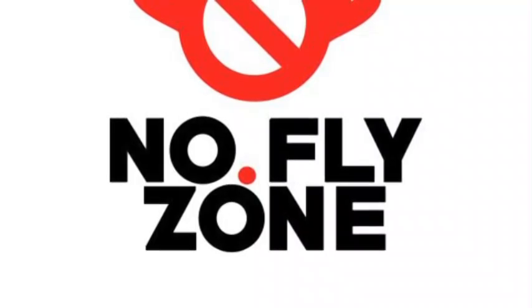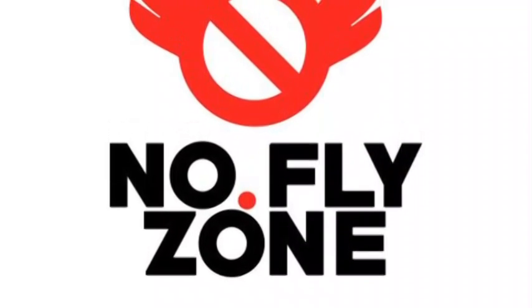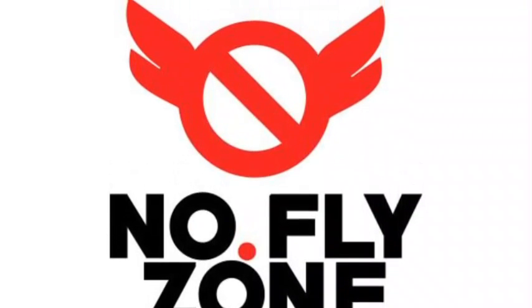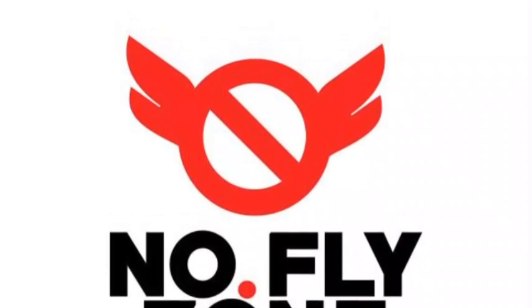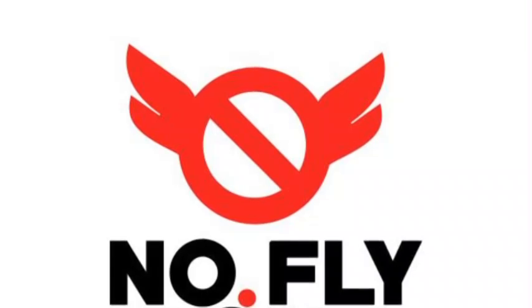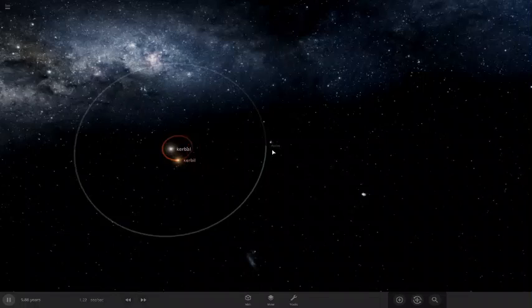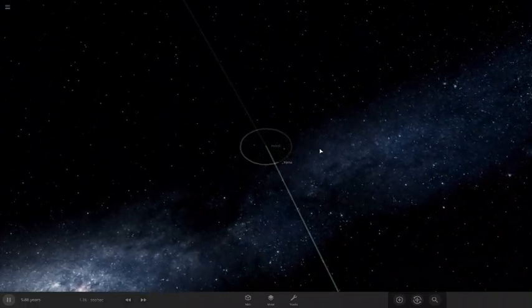The no planet zone is basically the point where there's so much gravitational stuff going on in the system with the two stars that nothing can orbit there. And then Patrum, which is our planet, it's actually derived from the Latin word for rock,